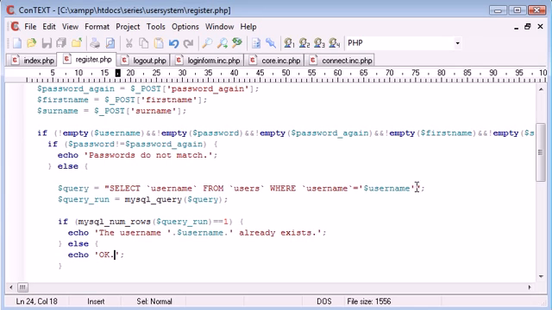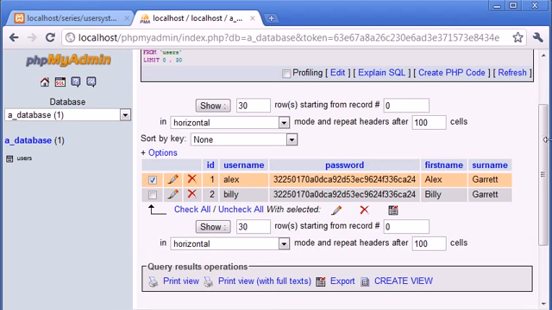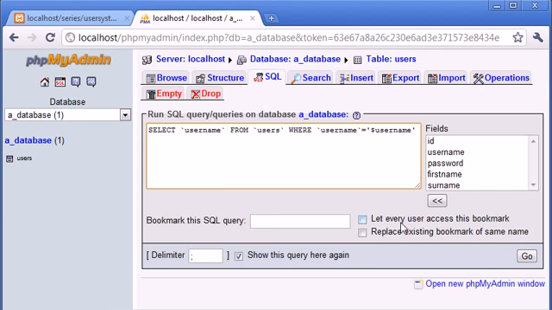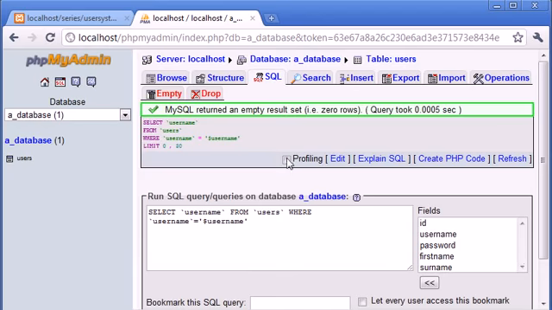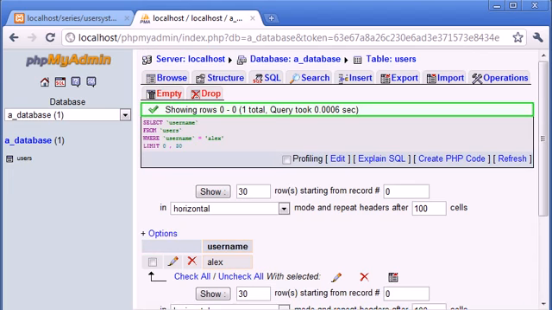Okay, so let's double check everything. Select, running that query, if MySQL query num rows equals 1, else okay. Okay, so let's test our query because it doesn't seem to be working as of yet. Let's pop that into our SQL tab up here to see what happens. Okay, so let's paste that in and click go. Returned an empty result set, so, oh no, sorry, that's going to be equal to Alex. Click go. Okay, so we are returning that value, and let's think